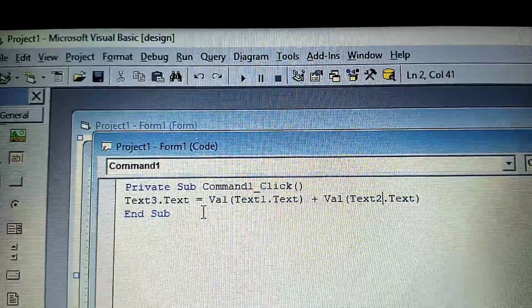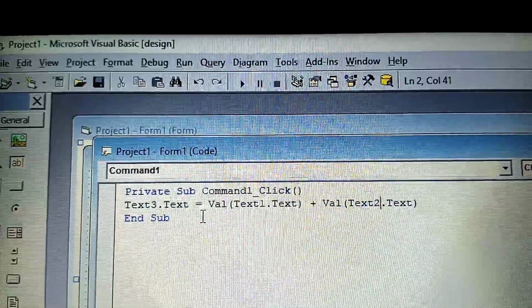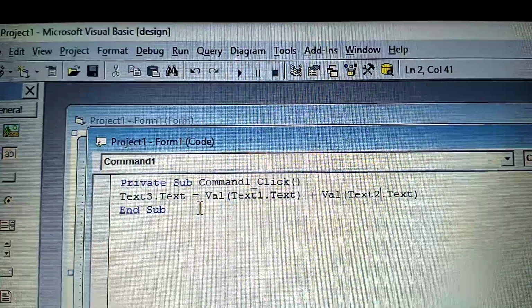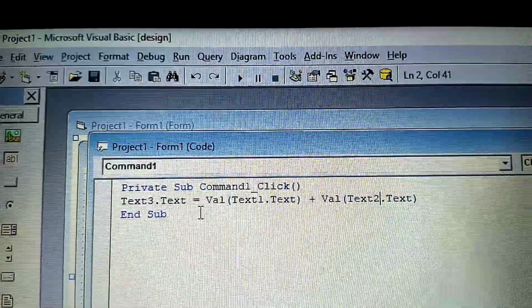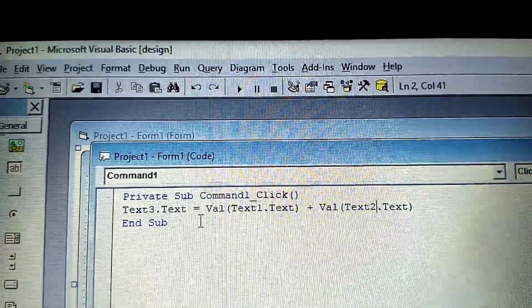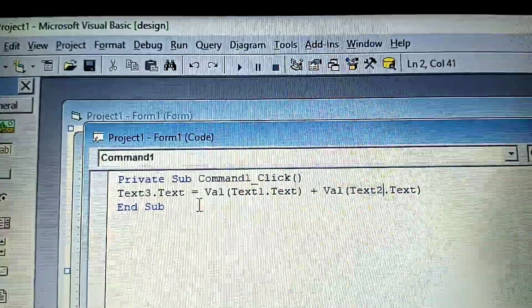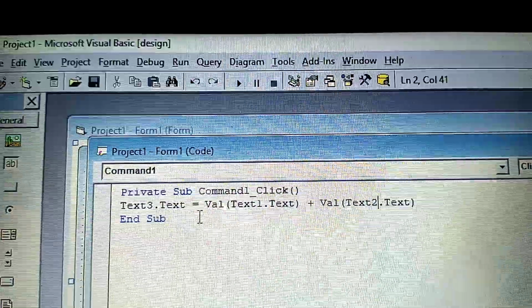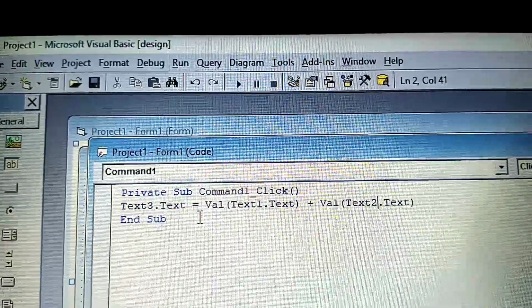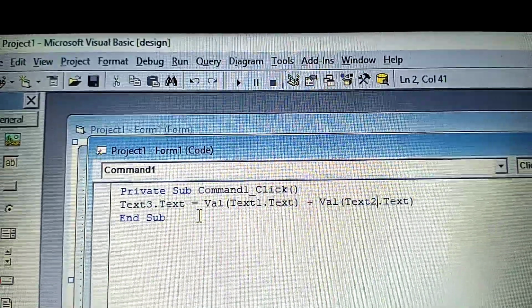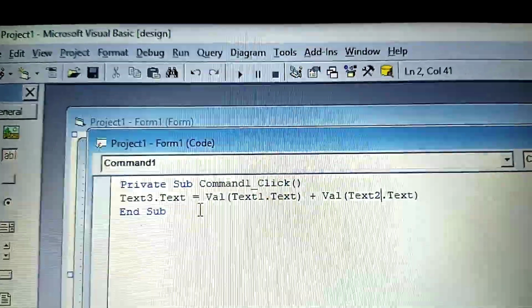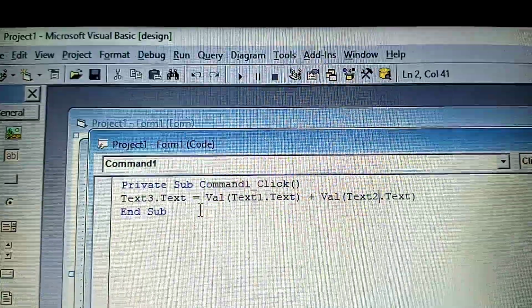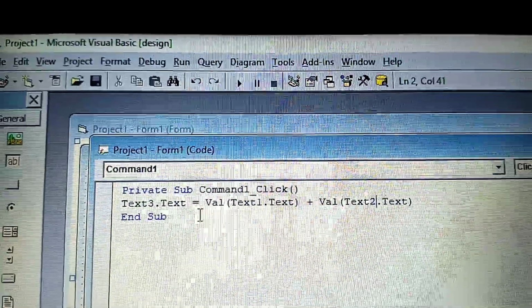But if I don't use Val, it will be 233. Why has 233 been displayed? Because everything entered into the text box is treated as text, and the plus operator at that time works as string concatenation, meaning it adds the strings together.